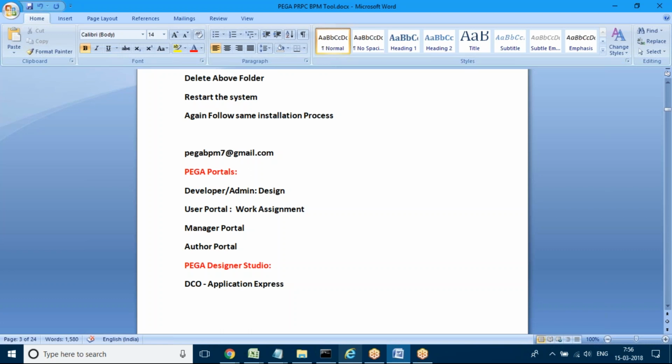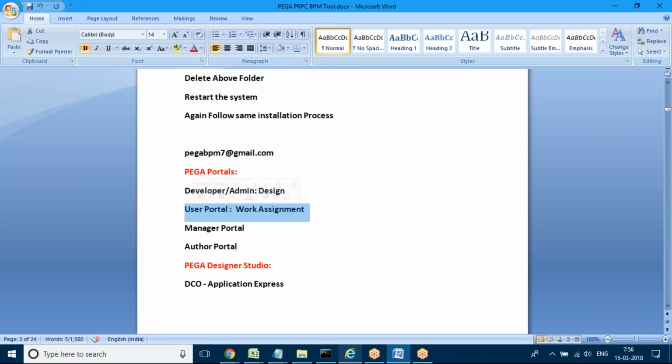That means you'll have access to both the developer portal and the user portal. You can use the same ID or a separate ID for both, depending on the company. Every developer will have his own login for the developer portal, and the same or a different login for the user portal. How to create the IDs is not actually a developer task.